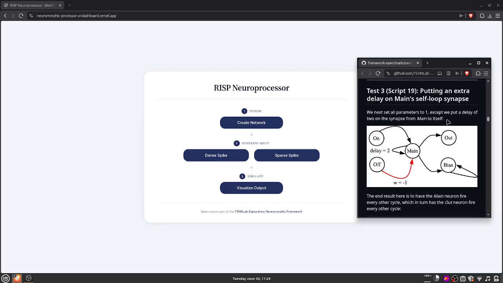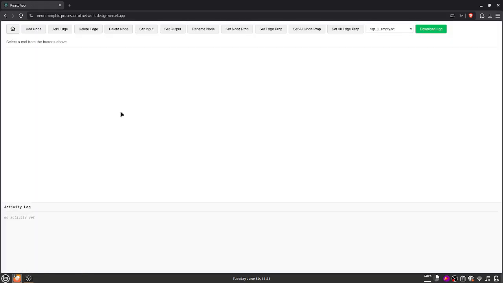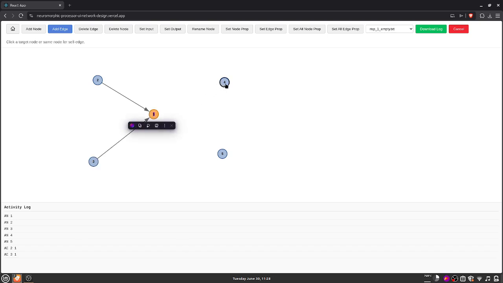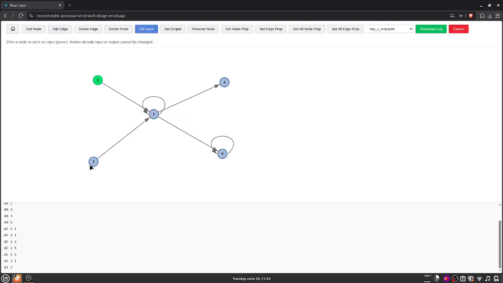So we're gonna do test 3 now. Let's create this network. Let's make the nodes and the edges. After we're done with that, let's set the inputs. Be careful while setting the inputs, because once it's set, we can't unset it. There's no command to unset it. So after that,